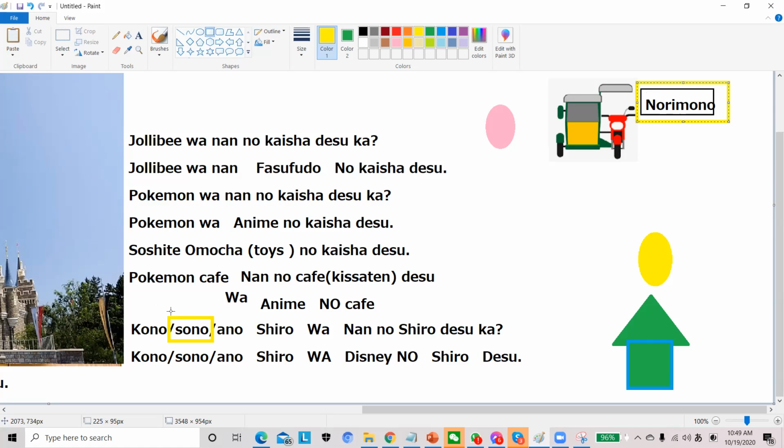Is it kono? Sono. Very good. Okay, good. So so becomes sono. 乗り物は何の乗り物ですか？